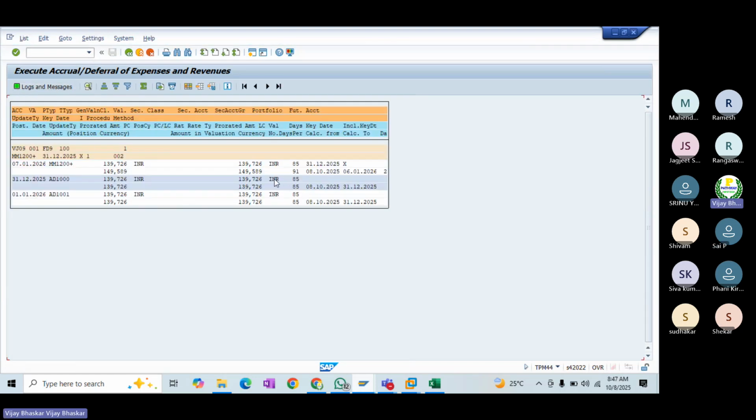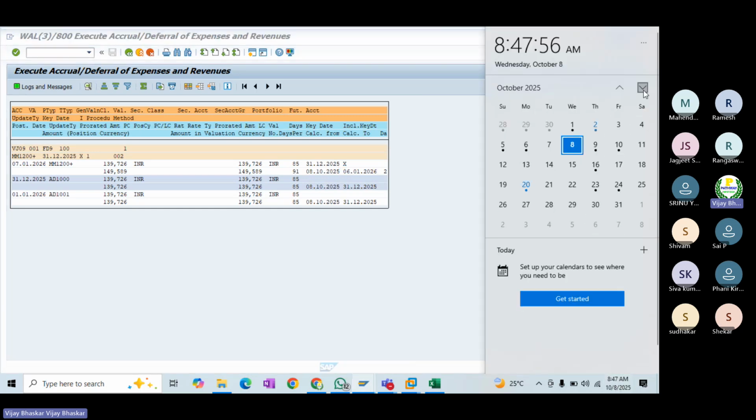You can see the total amount 1,49,589 rupees is the total interest calculated from 8th of October 2025. But why has the system calculated only until 6th of January 2026?